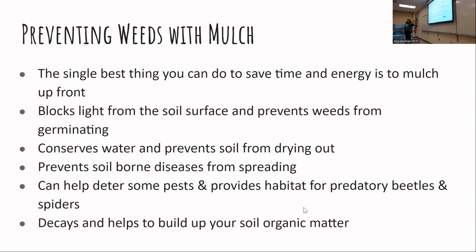Anyway, also, using mulch versus landscape fabric, the mulch will eventually decay and could help build more topsoil and feed some of the microbial life that's in the soil, so there's benefits and trade-offs to that. So some examples of mulch would be like...